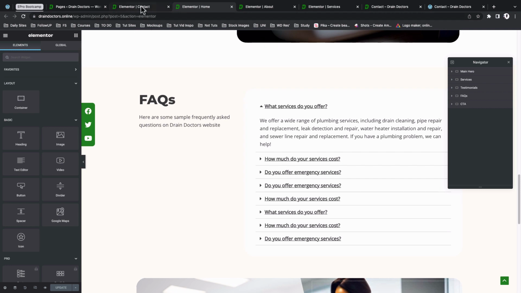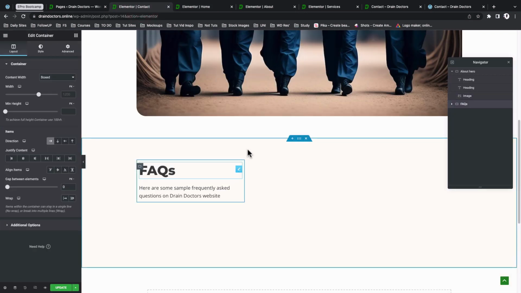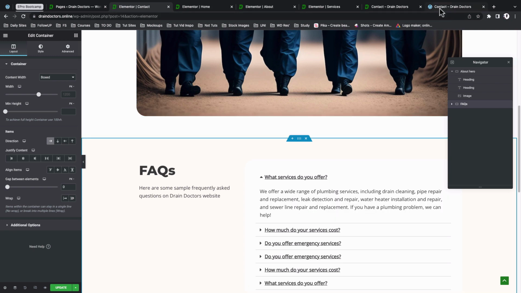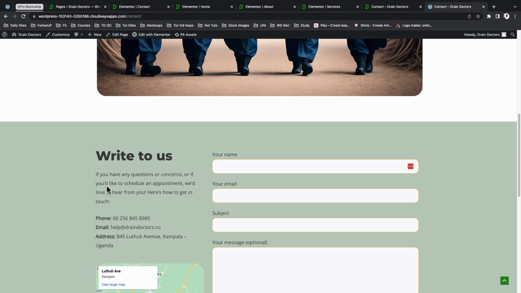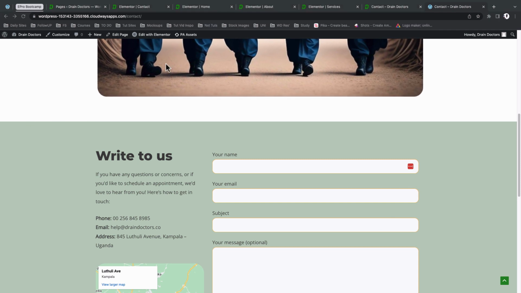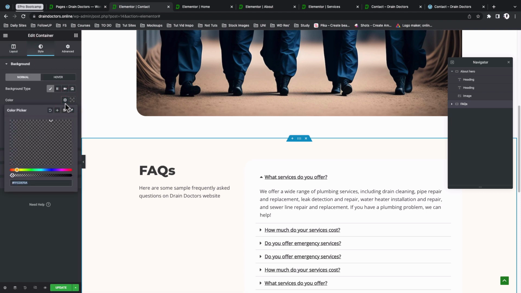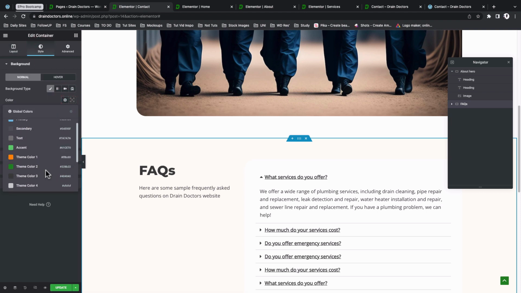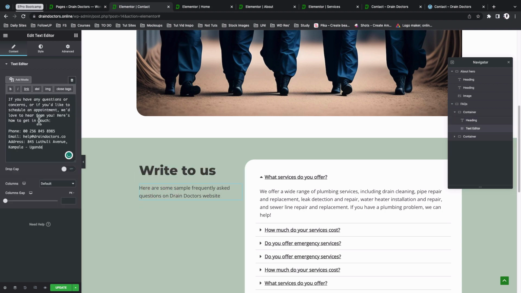Copy this container, come to our contact page, paste that container. Now I'll make the necessary edits to look and feel just like our container right over here. I'll add my content, but before that, let me first change the background color to a color of my choice. So I'll come here to green, pick our transparent green, which is that, change this to "Write to us," the title, and under the description, add some details